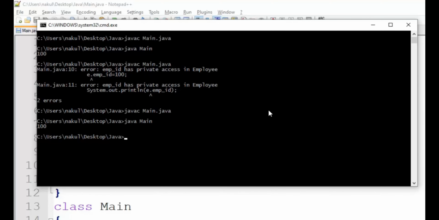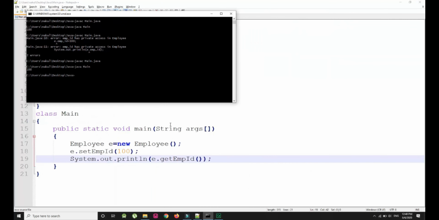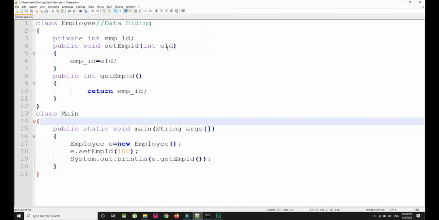I can read and modify this variable's value, employeeID, through methods, but we cannot read and modify this variable directly. So this is how we can achieve encapsulation in Java, and this class is known as a tightly encapsulated class.